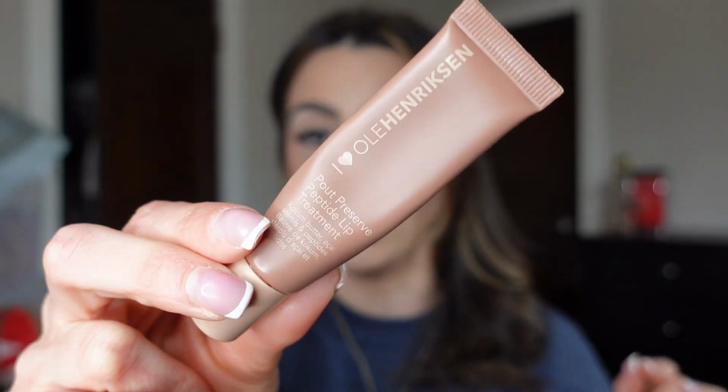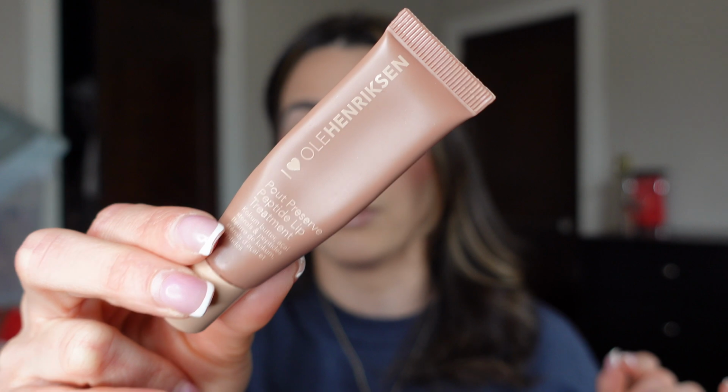I absolutely love it. Again, I will not ever be without one of these wherever I am, whether I travel, whether I'm home, whether I'm at work, whether I'm out. I just always need this no matter what. It's the best. If you guys need a new lip treatment, check out this from Ole Henriksen. This one in particular is in the shade Creme Brulee, but I use the original one. I use the strawberry one. I use pretty much any of them, because, you guys,